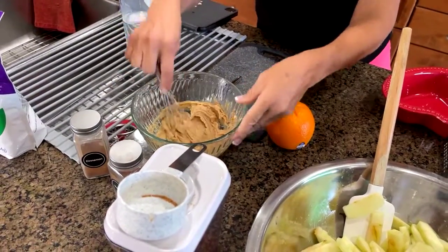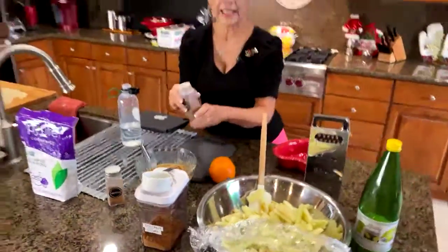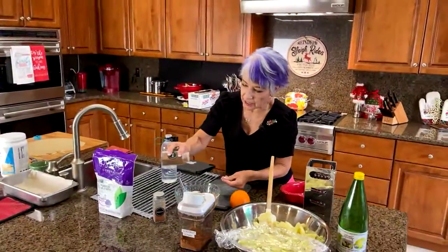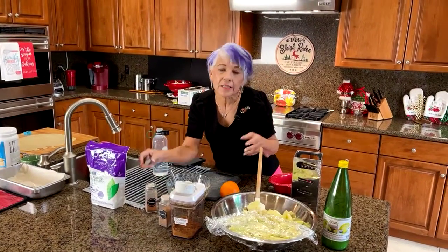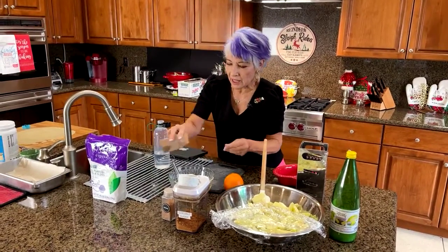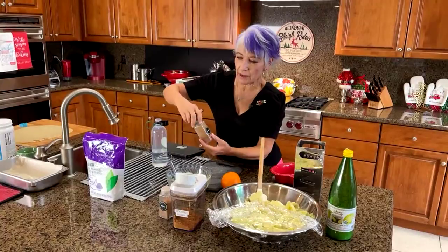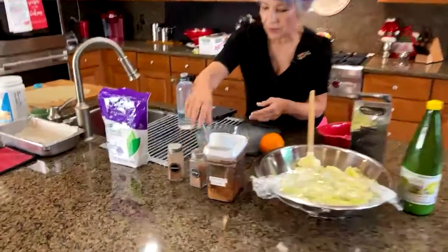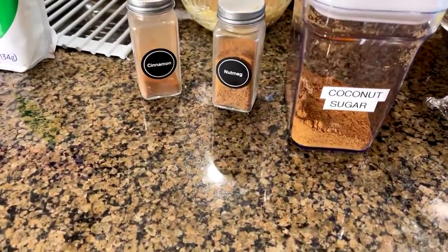Okay, so one last tidbit in this mixture: I'm going to add a little bit of cinnamon. If you want to know the exact proportion, I would say maybe a quarter teaspoon, but I kind of just know, and I like a little dash of nutmeg as well. So I put both of those in there, more cinnamon than nutmeg, mix it up,